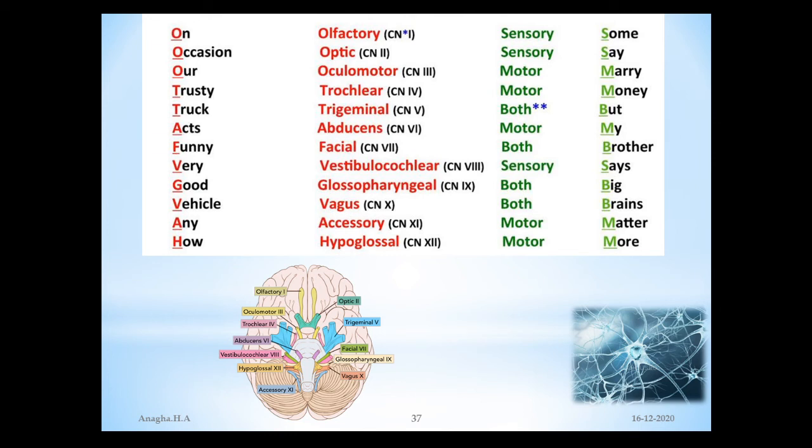So in the list of 12 cranial nerves, there are 3 cranial nerves in which there are both components: one is the trigeminal, the 5th cranial nerve, and the other is the 7th cranial nerve, facial, and there might be 4 mixed nerves, that is, trigeminal, facial, glossopharyngeal and the vagus nerve. So please keep that in mind, because when performing the examination we might miss out either on the sensory or on the motor part. So better to remember this.